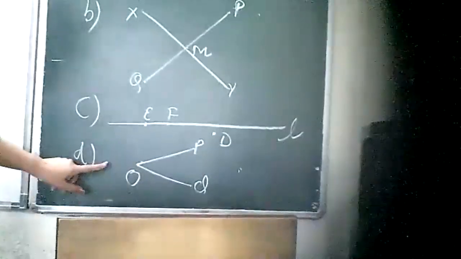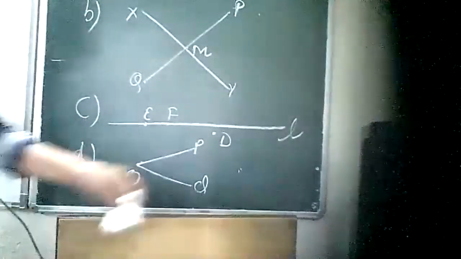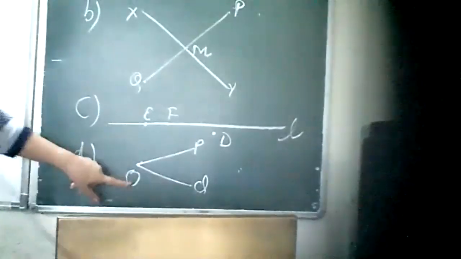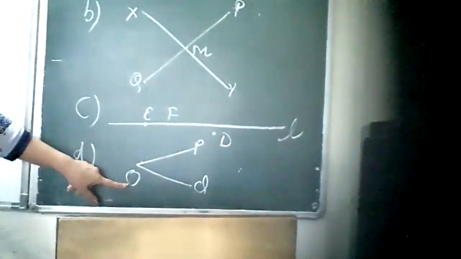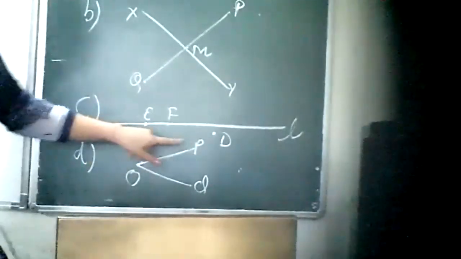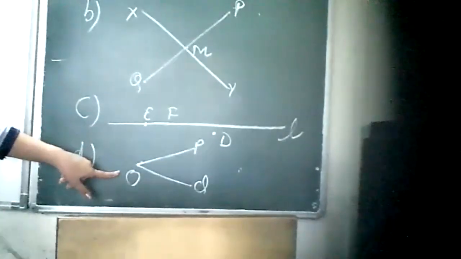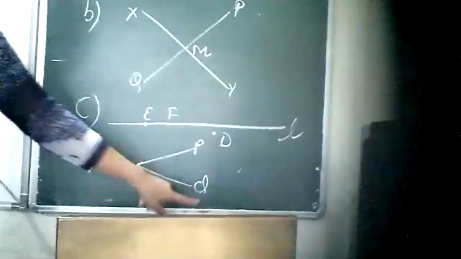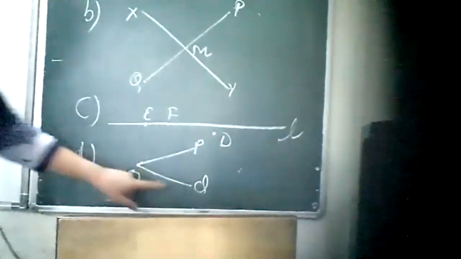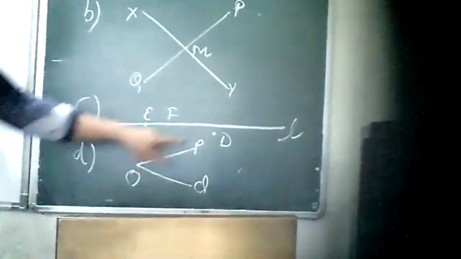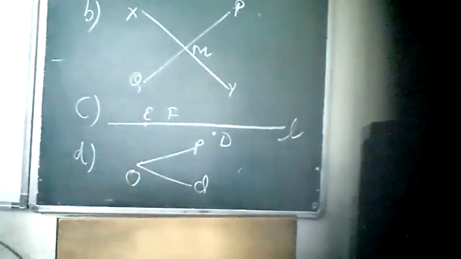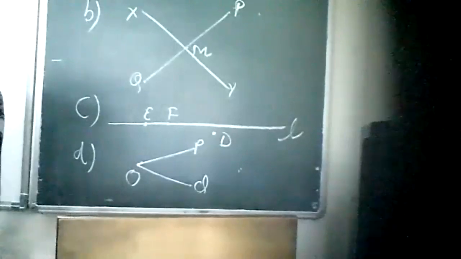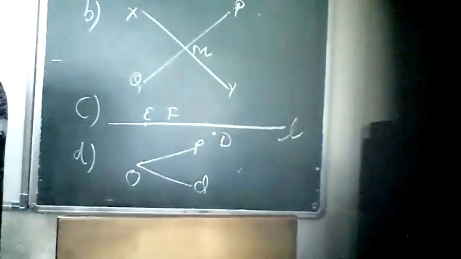what happens? It's given OP and OQ meet at O. So O is here. O is 1 point, and we are meeting O with P also, O with Q also. Okay. So there is a single point O at which these two lines are meeting. So this is OP and OQ meet at O. There will be a common vertex, that is O, in both the lines.